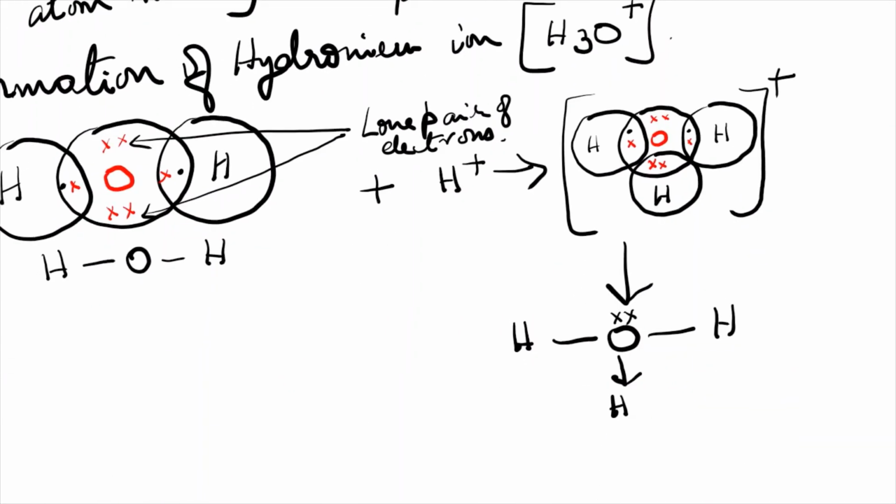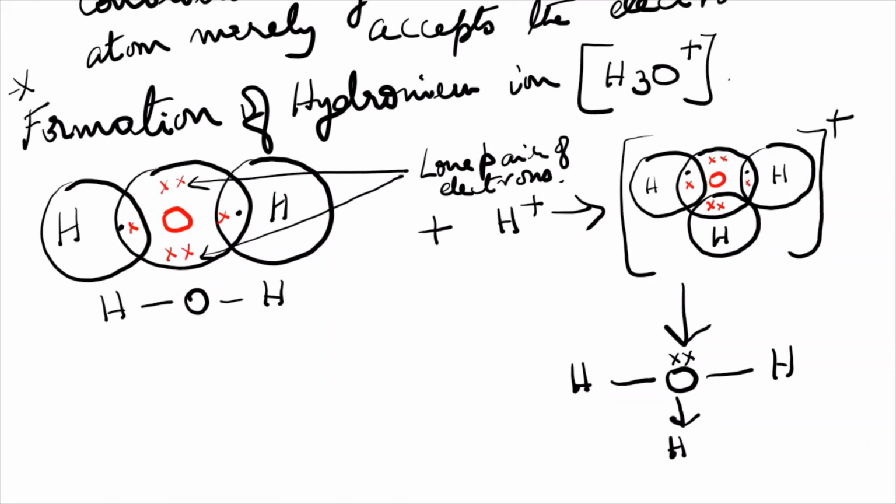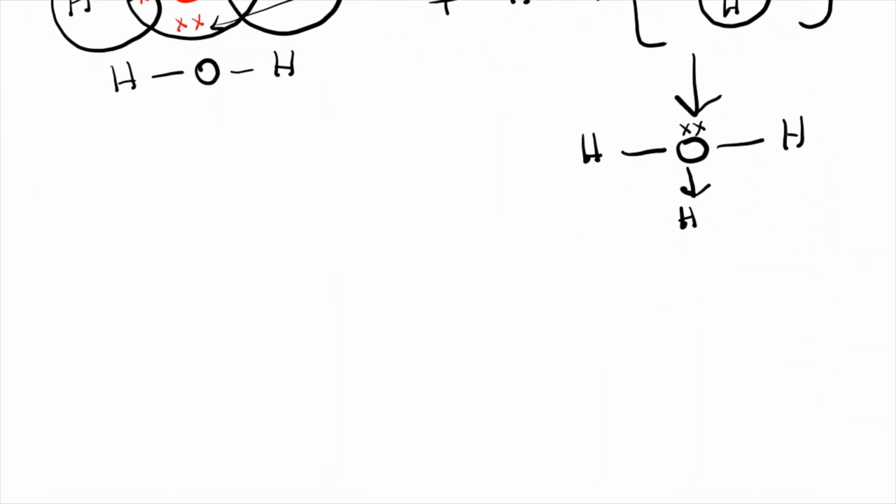the hydronium ion. So as I told you, these are very important. Either hydronium ion or ammonium ion, one of them is definitely asked in the boards. Here I will show you the diagrammatic representation. Okay, this is how it is shown. Formation of hydronium ion. I hope the coordinate bond is clear. Now